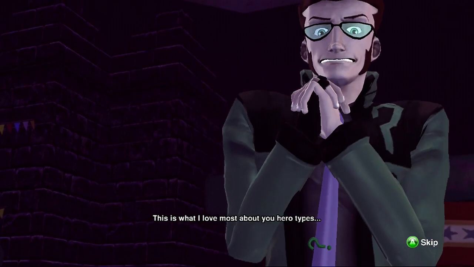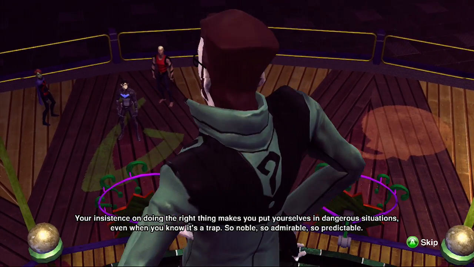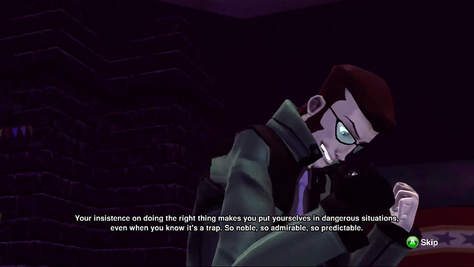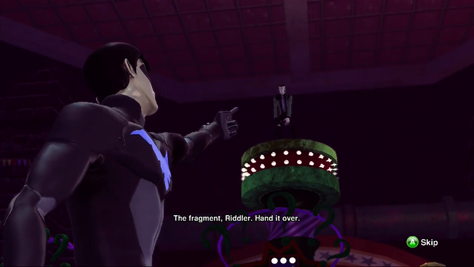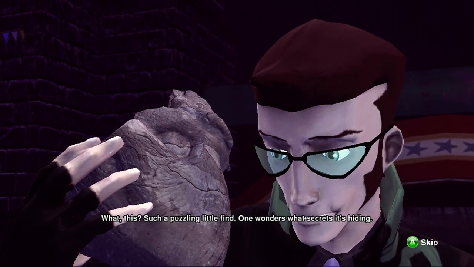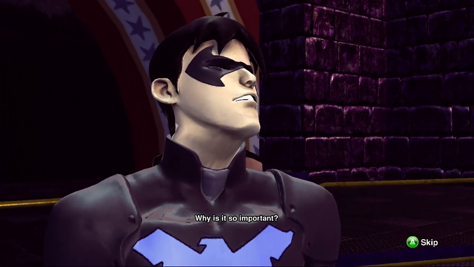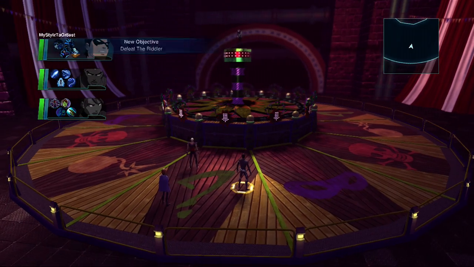Ooh, this is what I love most about you hero types. Your insistence on doing the right thing makes you put yourselves in dangerous situations even when you know it's a trap. So noble, so admirable, so predictable. The fragment. Hand it over. What, this? Oh, such a puzzling little find. One wonders what secrets it's hiding. Why is it so important? A smart player never...